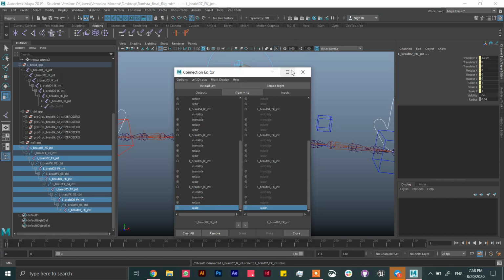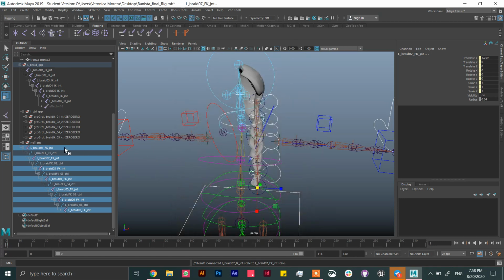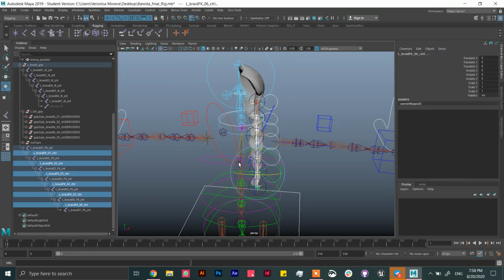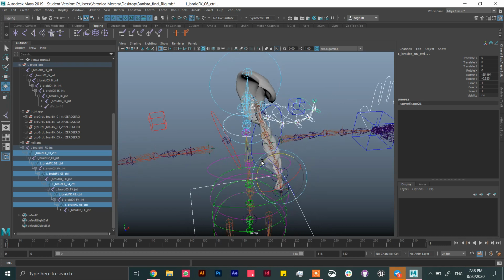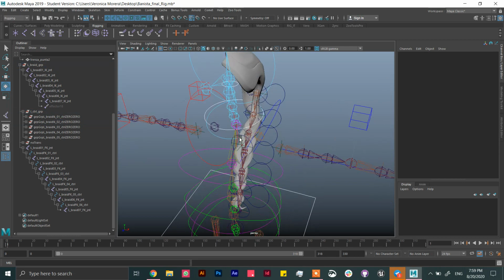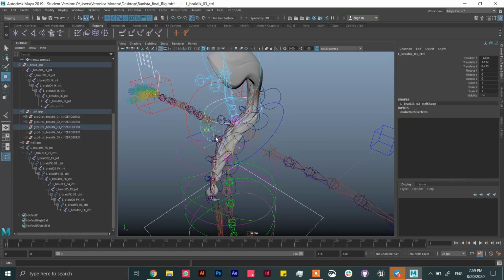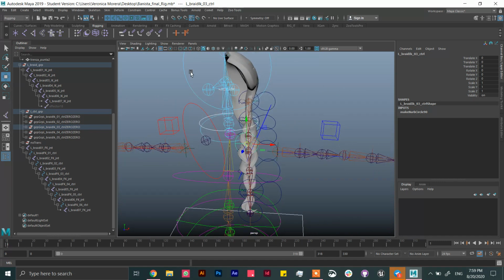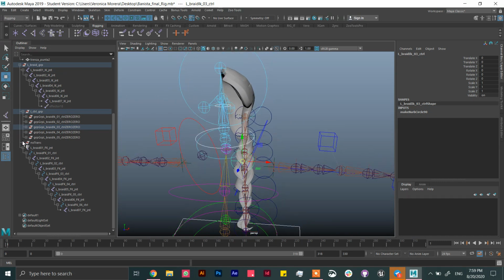Okay, awesome. So now when I move the FK controls, they are moving the FK chain, obviously, but when I move, for example, the IK controls, they are moving everything. So it's pretty cool. It's like an offset to do great animation. Okay, and now